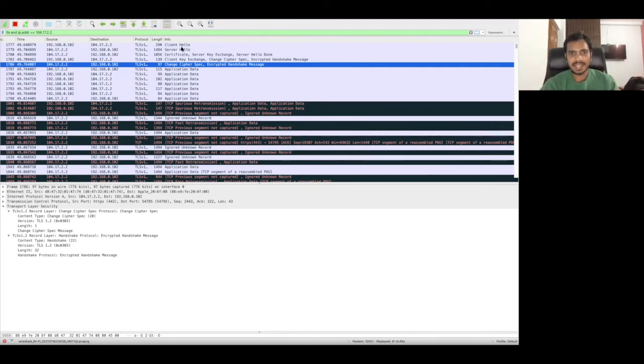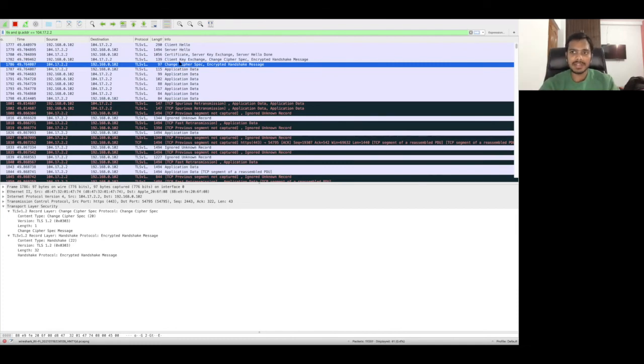And if you can see, there are 1, 2, 3, 4, 5 packets exchanged here, but the number of messages is more than 5, right? Because in one of these packets, there are 3 messages. In this fourth packet, there are again 3 messages. In the last or the fifth step also, if you see, there are 2 messages, right? And once these 5 steps are done, that means the TLS handshake is done.